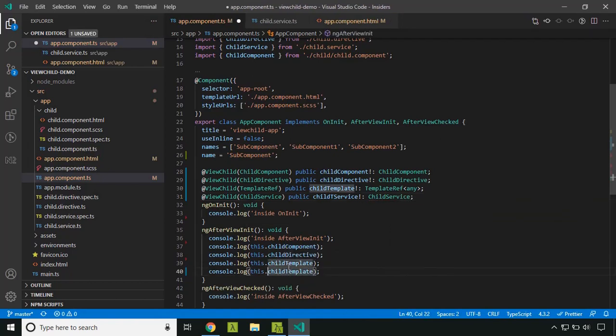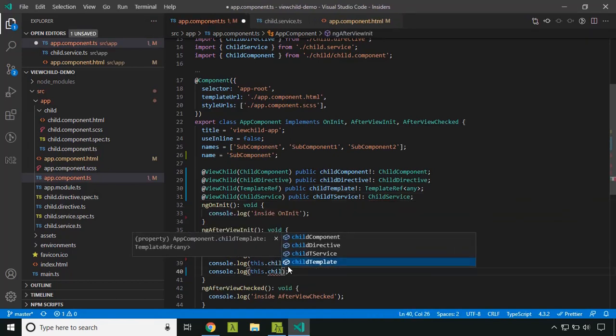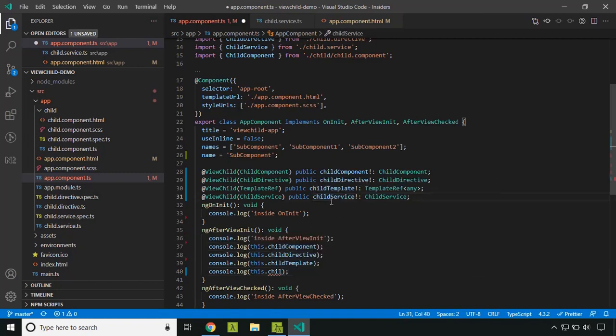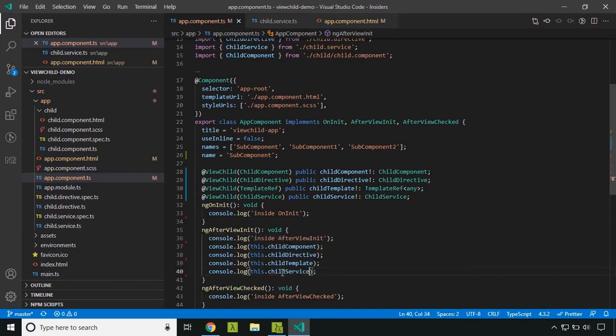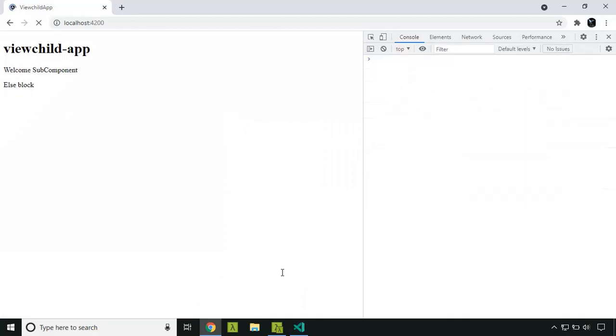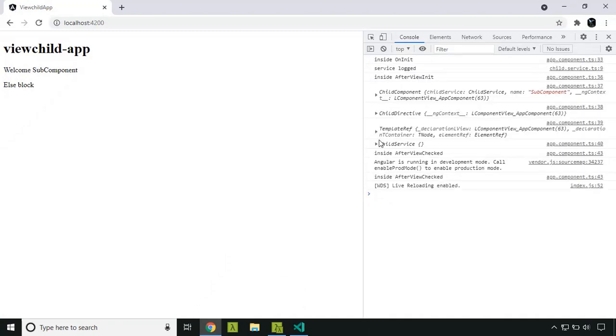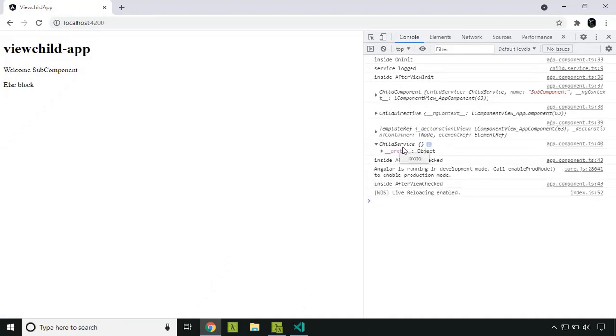Here I will console the service. Now let's see our application. Here you can see that we are able to query the child service.